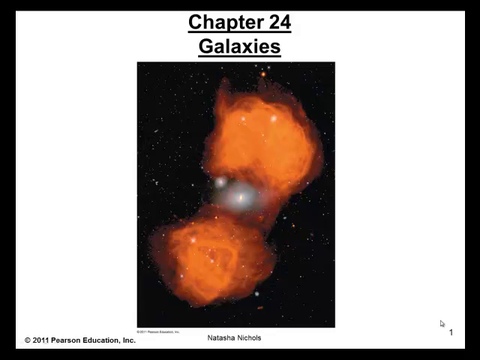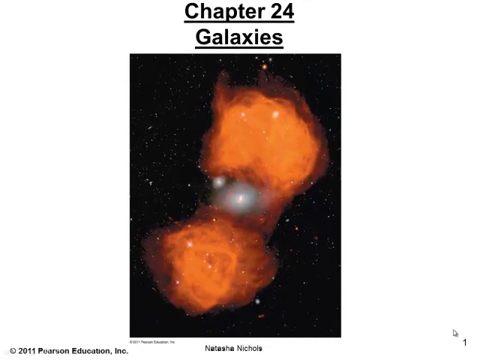Looking at the opening image here, we have a double image superposing optical light acquired by the Hubble Space Telescope in Earth orbit on radio emission captured by the Very Large Array in New Mexico. At center in white is a giant, visible elliptical galaxy cataloged as NGC 1316, which is probably devouring its smaller northern neighbor. The result is a complex radio emission in orange called Fornax A, spanning more than 1 million light-years of space.